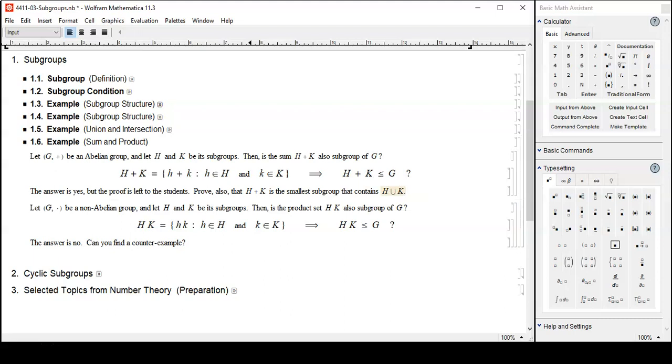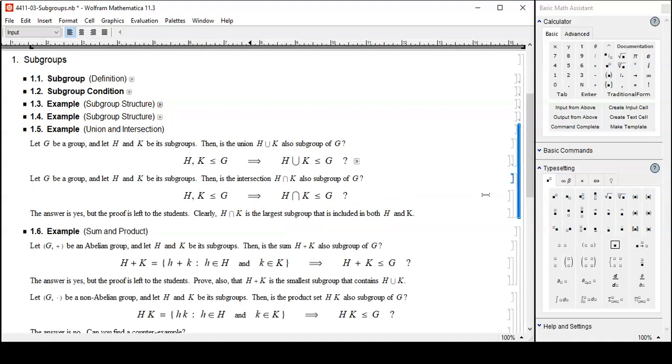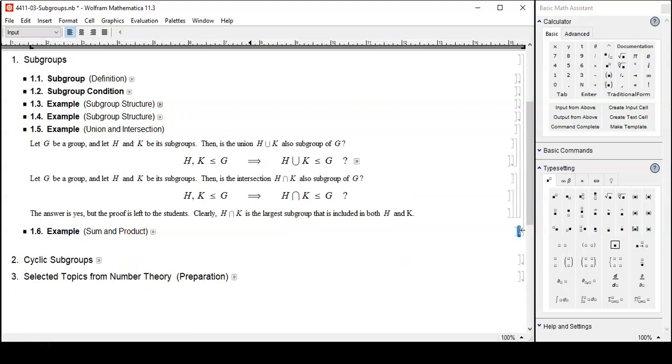So it turns out H union K is a subset of H plus K, but this one is not a group in general, but this one is. It'll turn out that's the smallest subgroup that contains H union K. How do you prove that? Good question. Go back to the previous problem. It turns out that